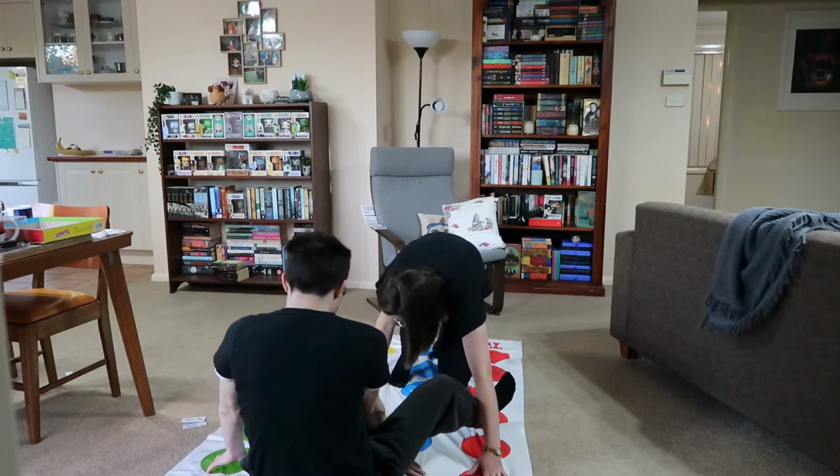I'm gonna go Pachinko. So for spin number 9, I landed on left-hand yellow, and I decided to go with Pachinko by Min Jin Lee. This is fulfilling Monica Kim's spot. I know that she highly recommends this as Korean literature, and I have been so interested in getting to this